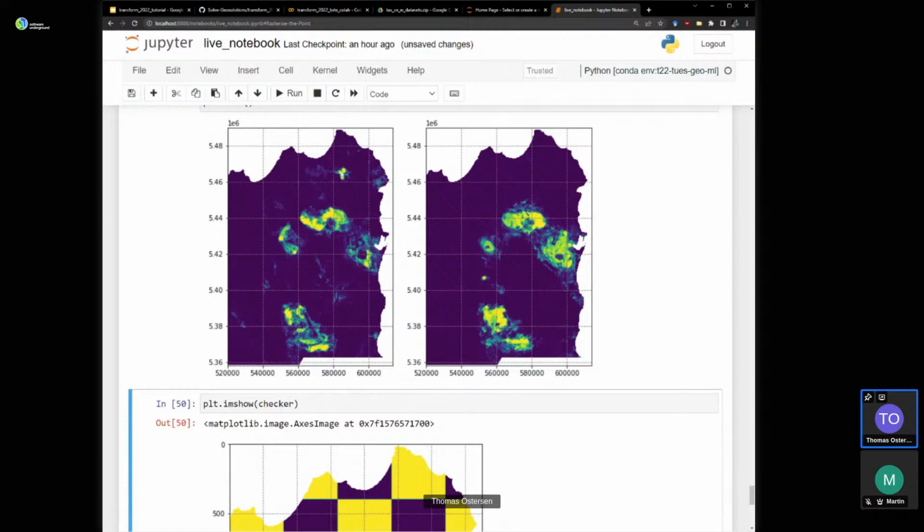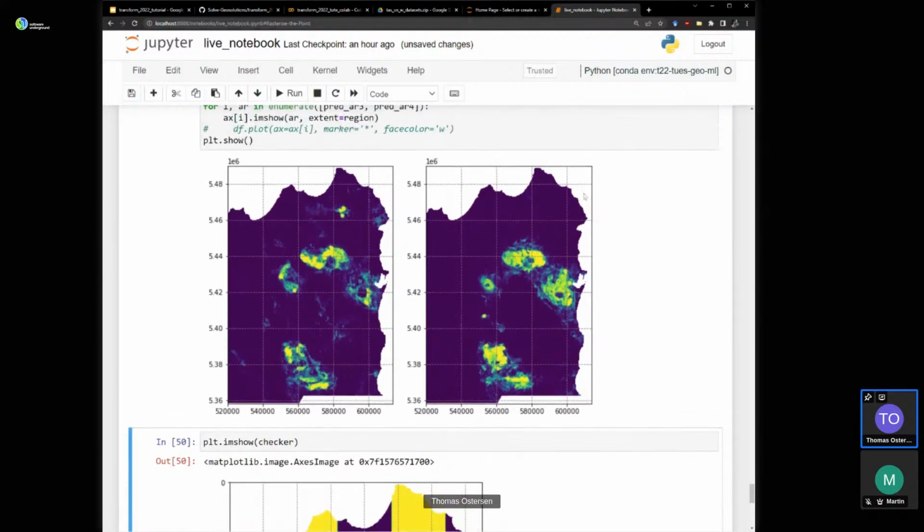When they were excluded from the training data, they didn't get predicted at all. So this is an important point. If you don't spatially separate your data, you don't get an accurate sense of how well it's performing. That little spatial cluster of occurrences doesn't get predicted at all.